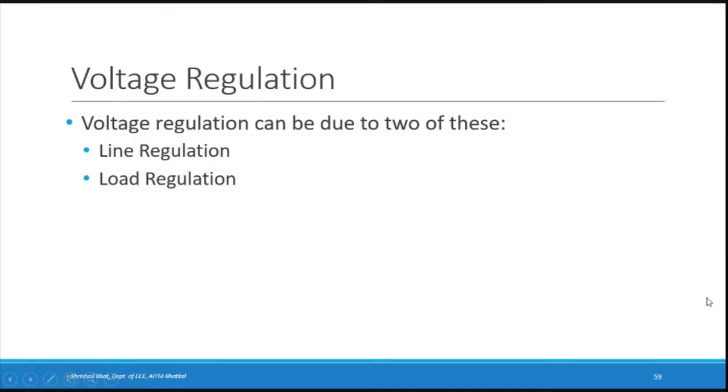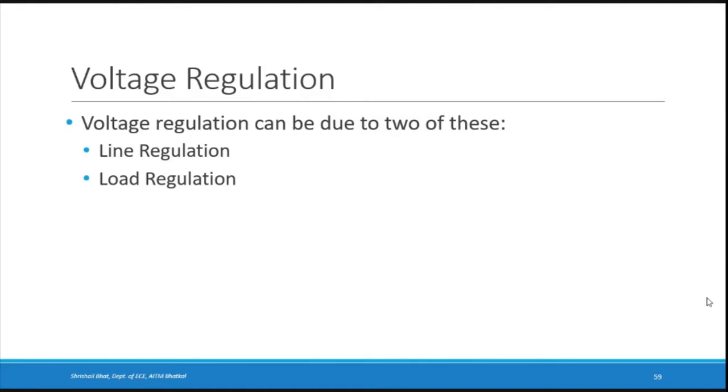So previously we have seen a Zener diode and how it can be used as a voltage regulator. We have also seen a regulator with a load connected and without a load connected. There can be voltage regulation because of two things. These are also the measures of performance of the regulator, that is called line regulation and load regulation. Right. So that means the changes in the output voltage can be due to two things.